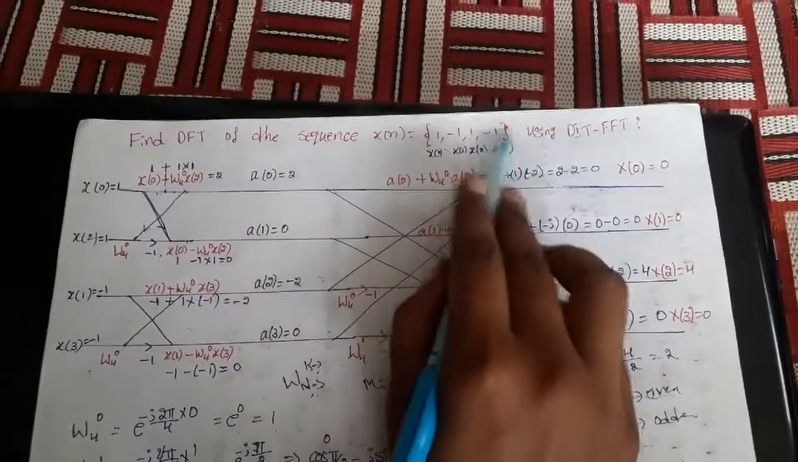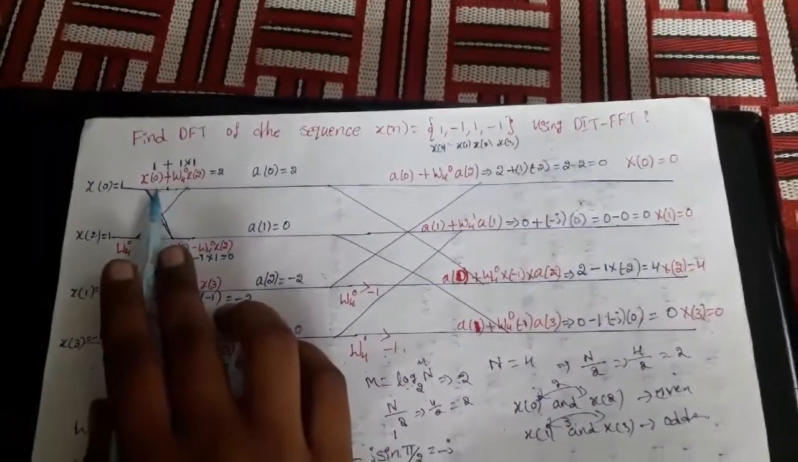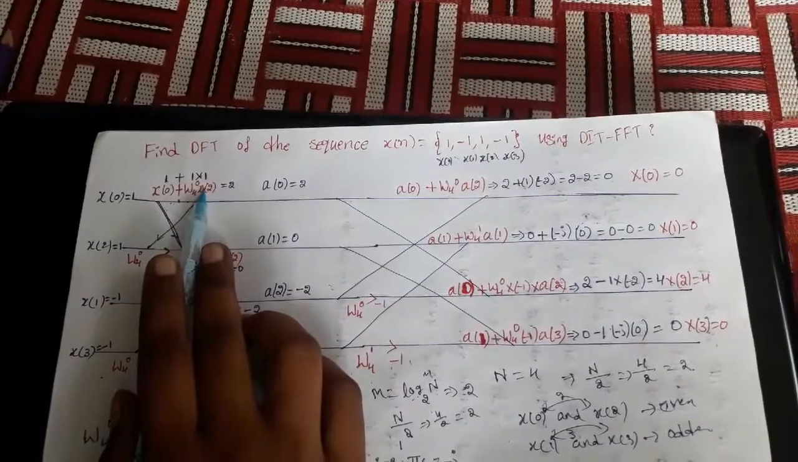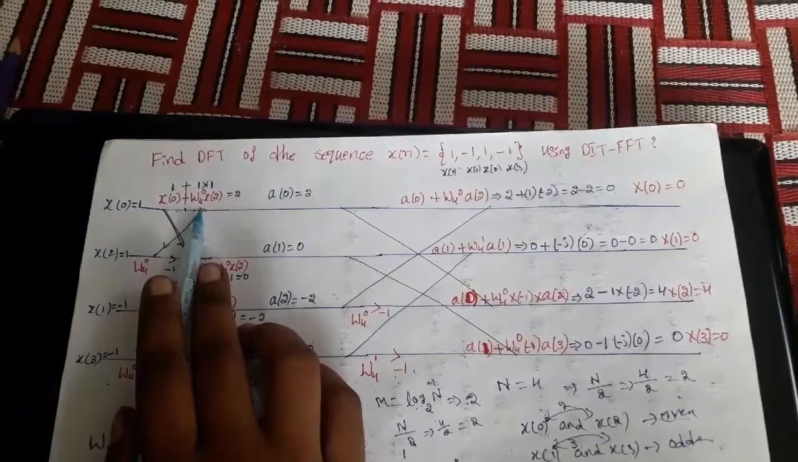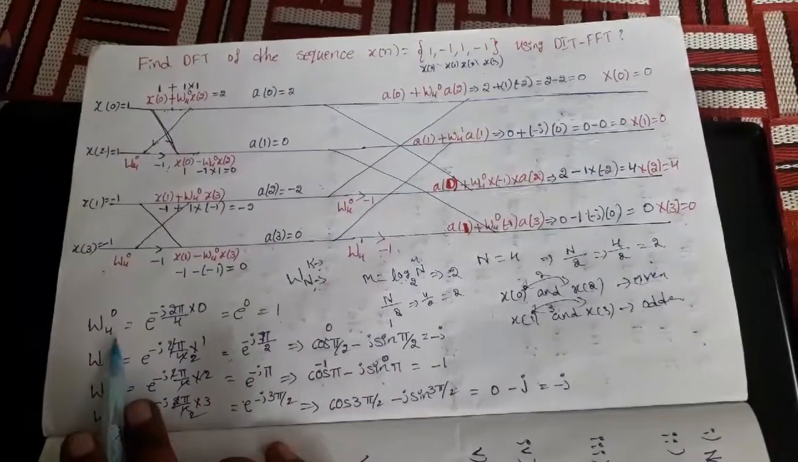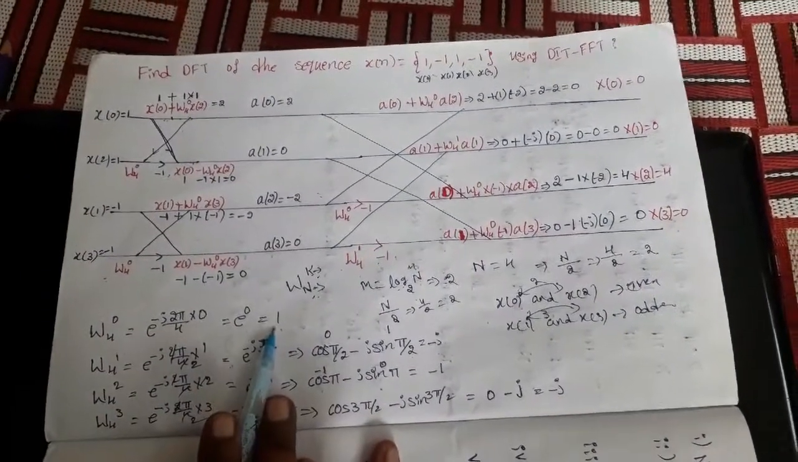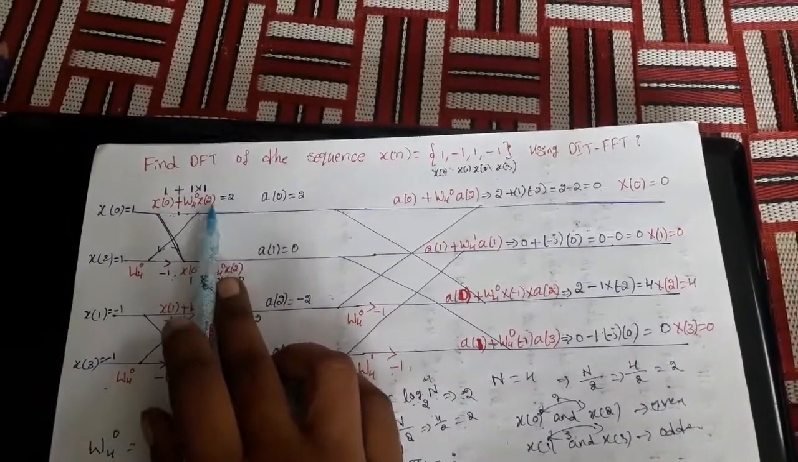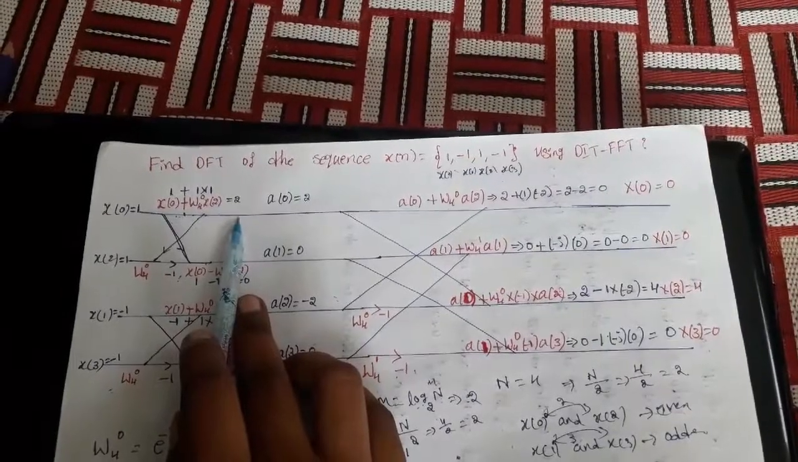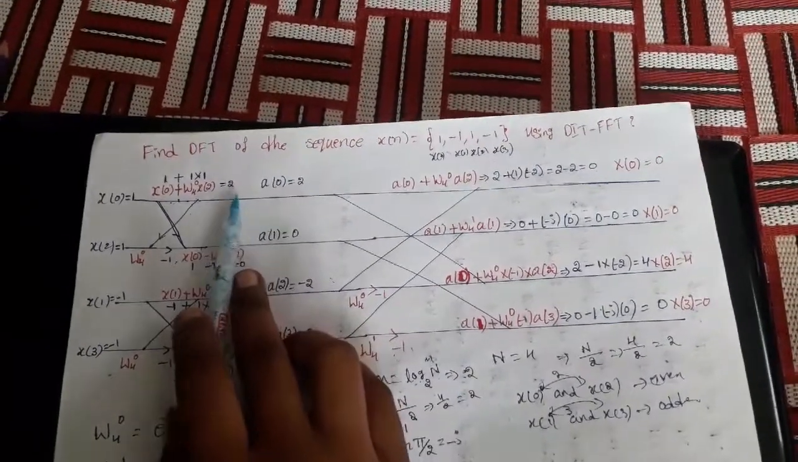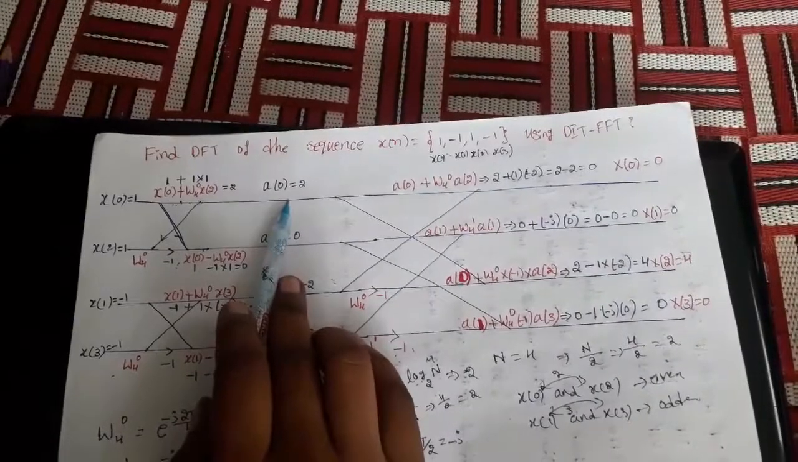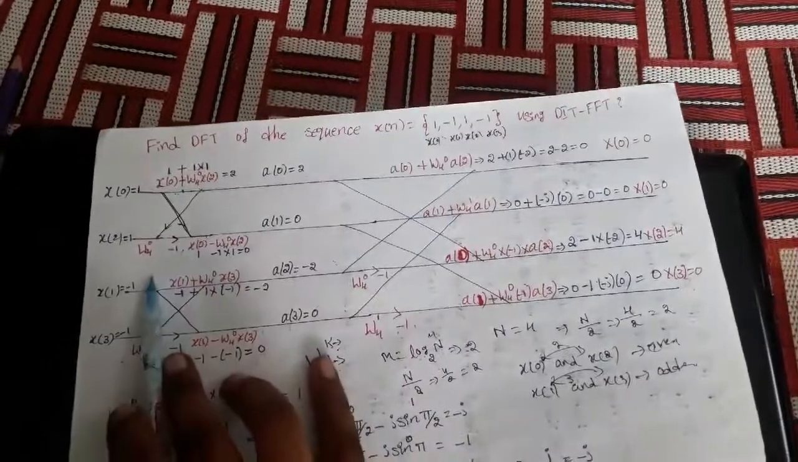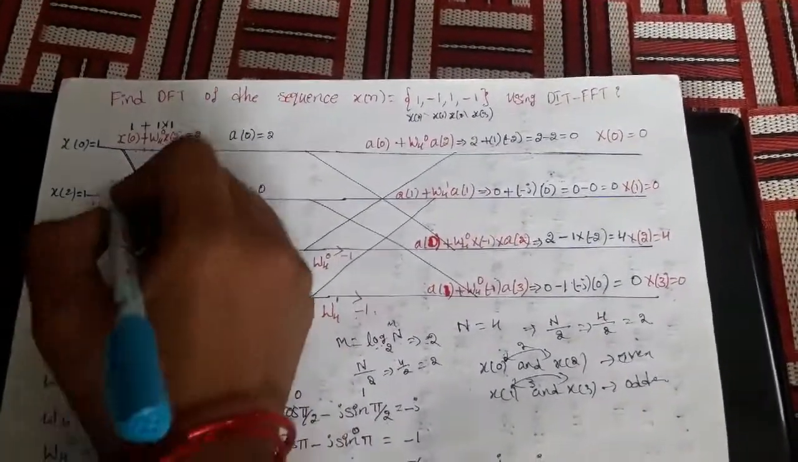Okay, we can substitute these values in here. X of 0 is 1 plus x of 2 value is 1, and W4 to the power of 0 is, see here, 1. So finally 1 plus 1 into 1, totally the value is 2, and this output can be represented as a of 0. First value is a of 0 equals 2. Next, x of 2. X of 2 is connected in